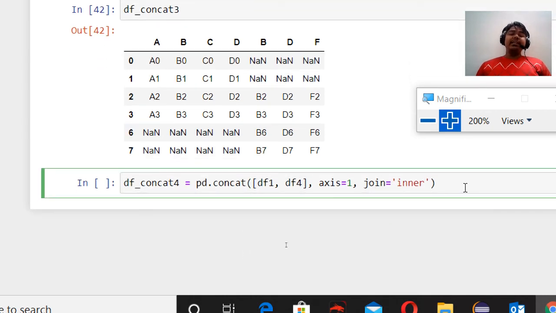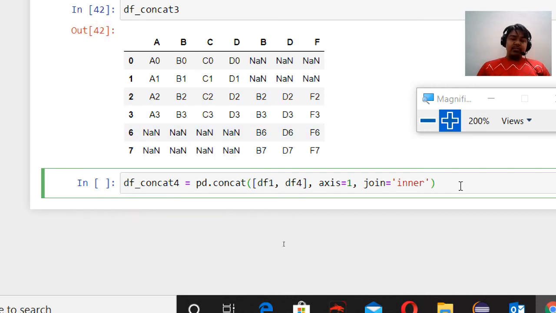and there are some functionalities or functions which are used to combine different tables in the inner way, or the outer way, or the left way, or the right way. These are called inner join, outer join, left outer join, and right outer join. So the same concept is over here. As I have written join equals inner, only this part will come, like the 2 and 3 part, because this will combine both data frames on the basis of the common row index.